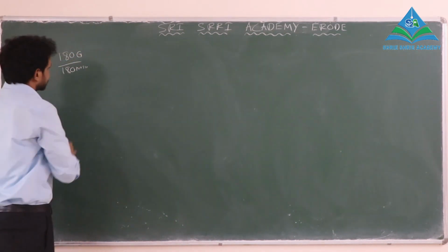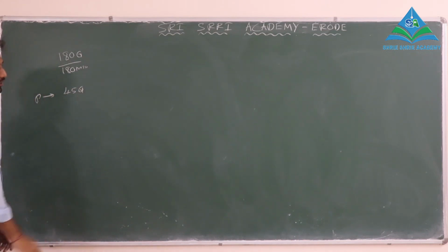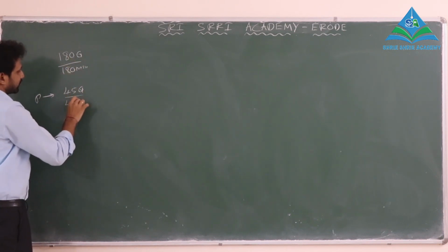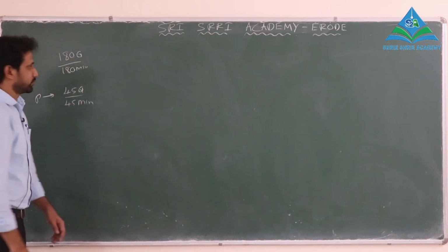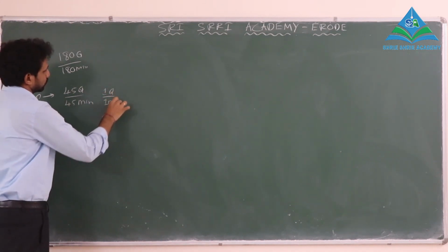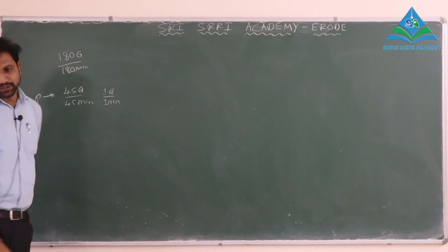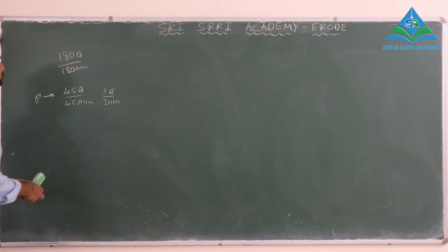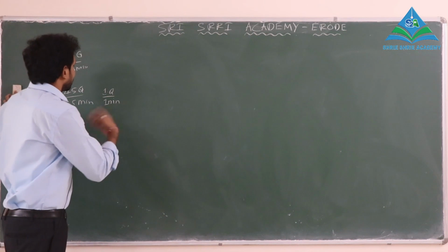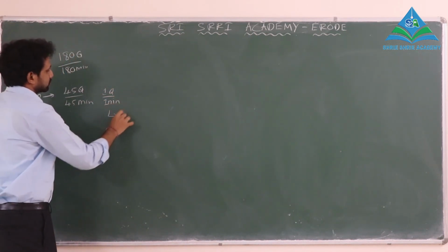Out of these 180 questions, 45 questions are from physics, and according to this ratio it will be 45 minutes only. That means you have to solve one question within 1 minute. Blindly solving, if you see a question directly and solve it without thinking, you may not reach this speed. To reach this speed you need shortcuts.